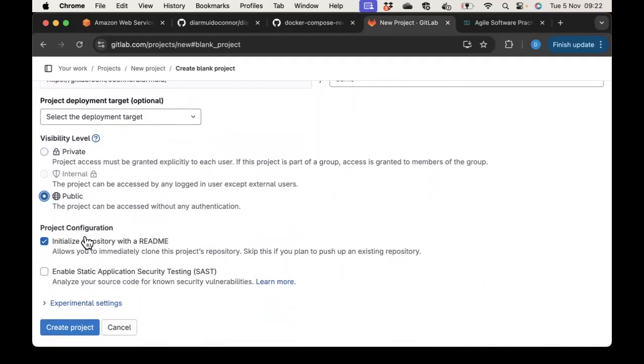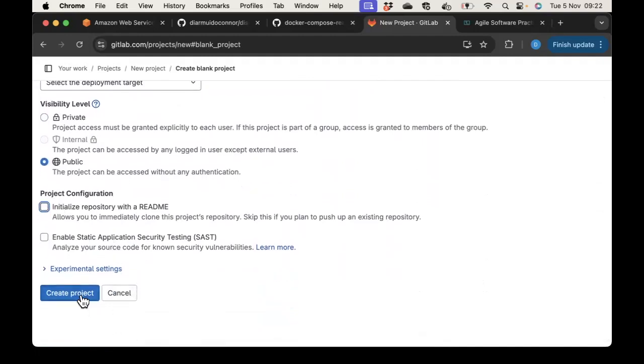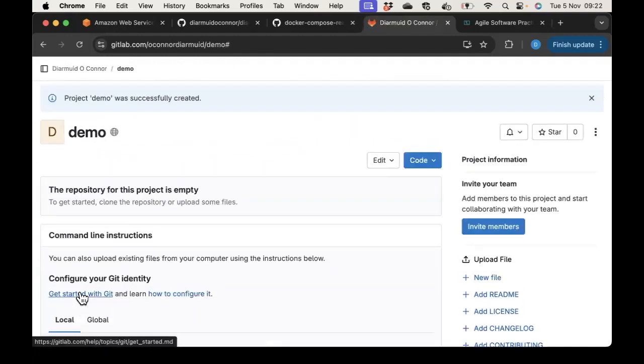Untick everything that's automatically ticked and then create that repository, stroke project. So I've got a blank Git repository at this stage. Just grab the URL of that repo